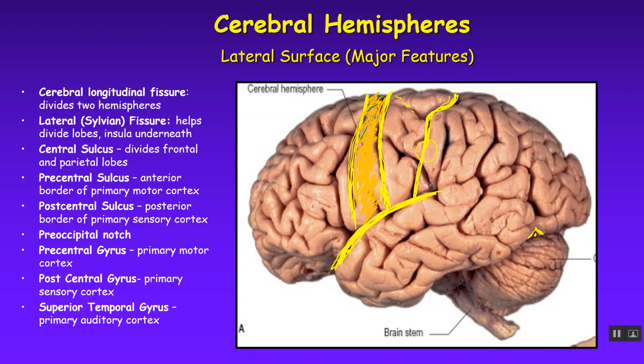Does anybody know what the precentral gyrus's primary function is? Remember way back from undergrad? Motor. It's your primary motor strip. That's for sending signals to create discrete fractionated movement of your limbs when you want to send a signal to do voluntary motor activity with your